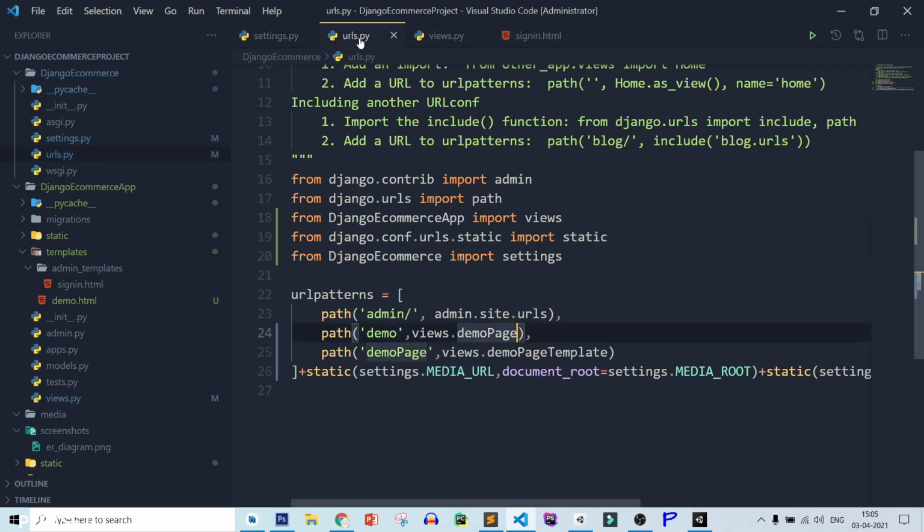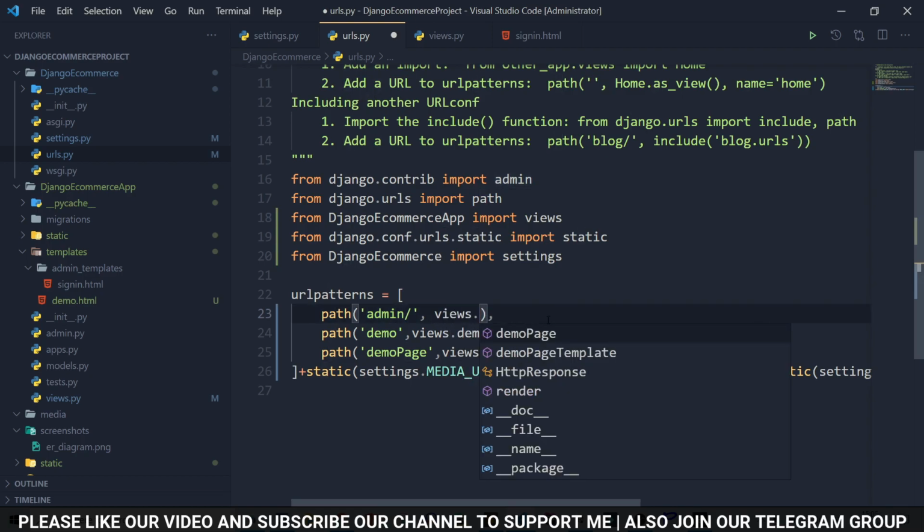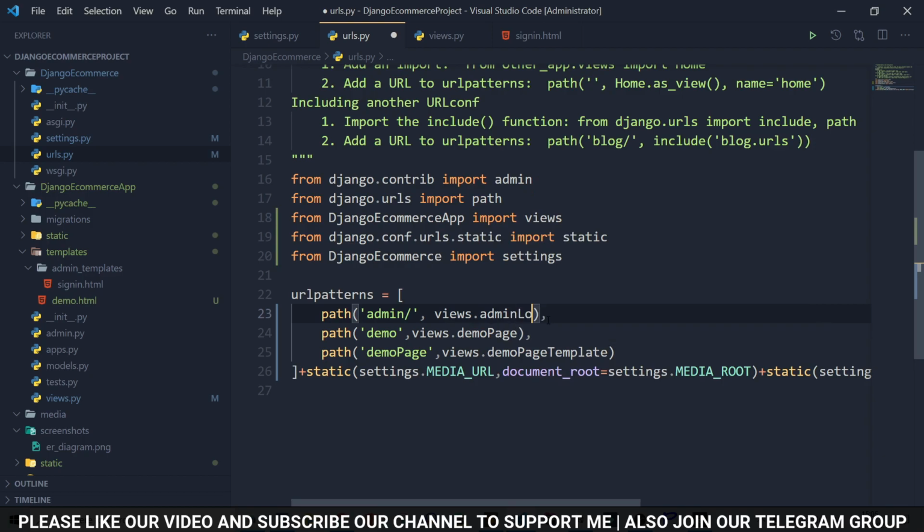After that, come to urls.py and here in admin, just open this, remove it, views dot admin login. Let's get this method admin login in views.py.